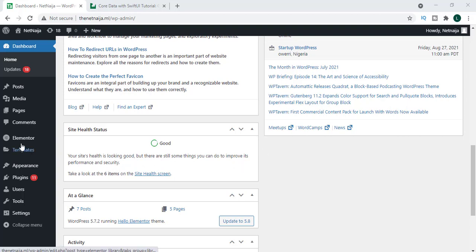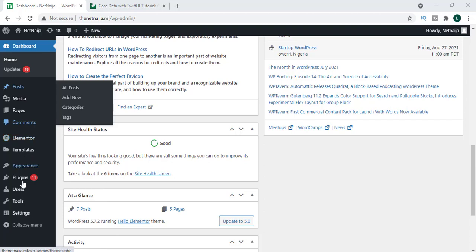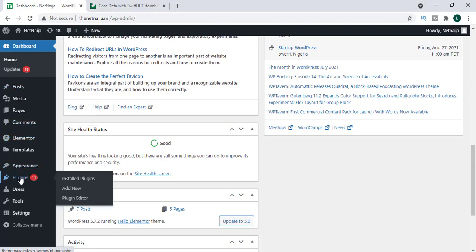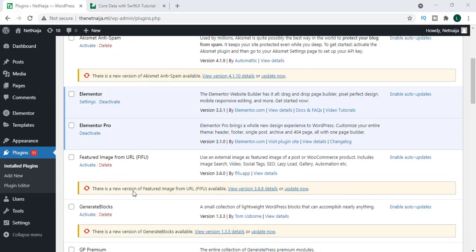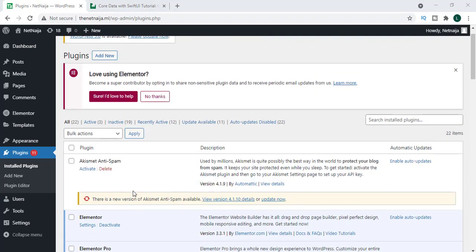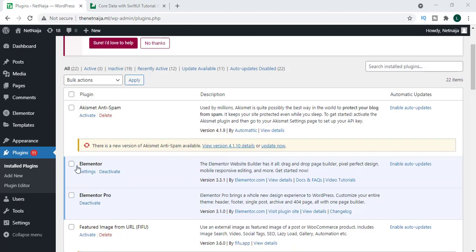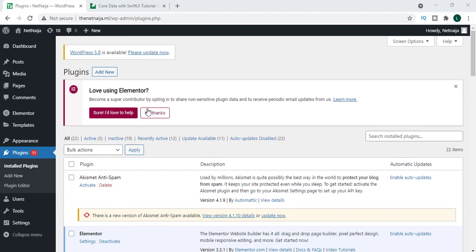So what I have to do is to come into my plugin, click on add new, and we can now install a new plugin. But in my case, I have already installed Elementor, but I'm going to show you how you will do this. Click on add new,